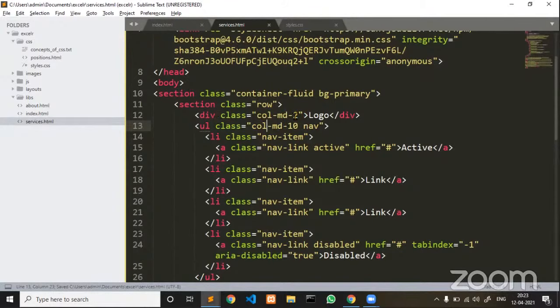Now the sum of this, 2 plus 10, should not increase more than 12. You see here my row is divided into 12 columns. Now see, this is a 2 column. In that, as per the grid system formula in Bootstrap, each row is a combination. I can say it has a 12 column layout, but in that 12 column